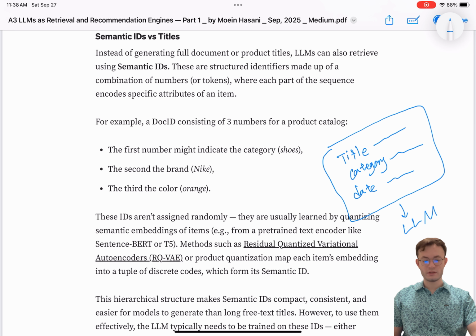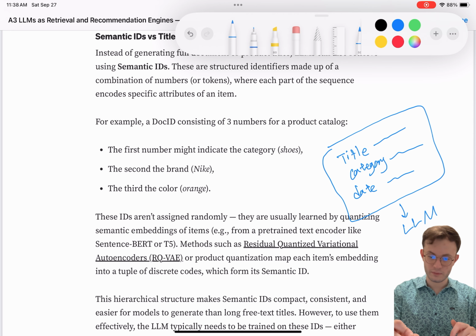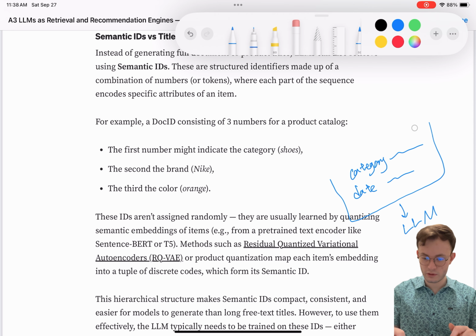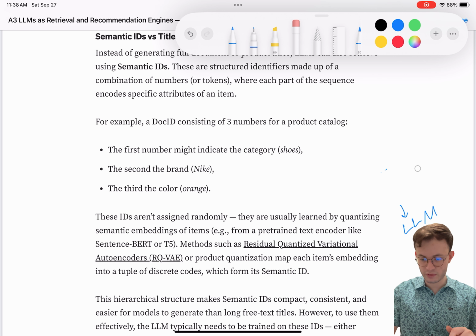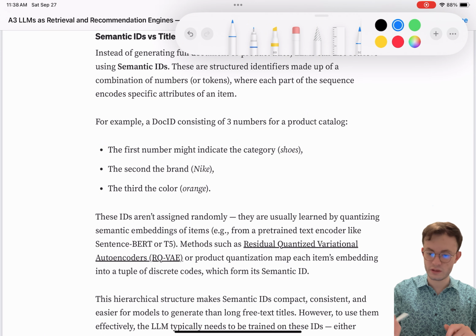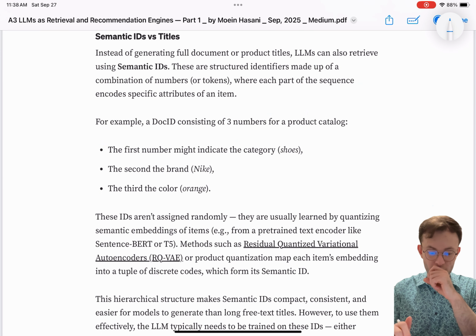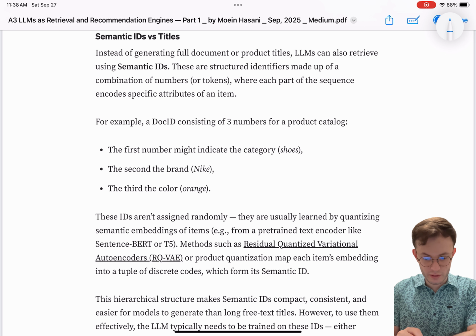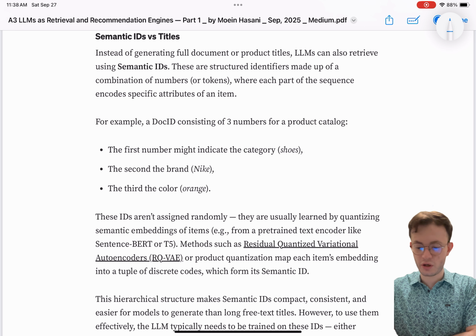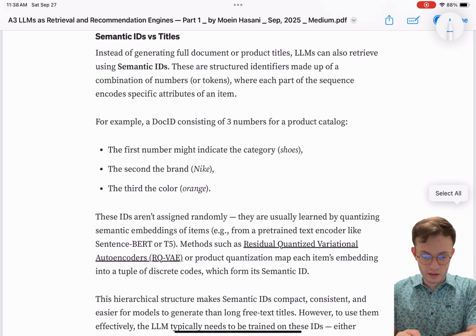Let's think about an example of a shoe shop. For the sake of simplicity, let's say each item in this shoe shop is described by three things. Each item would be like, hey, a red Nike shoe, or an orange Nike shoe, or something like that.